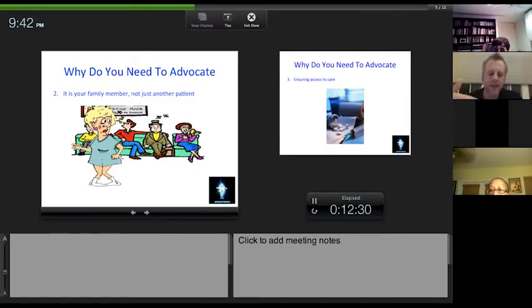Advocating as a caregiver is speaking up when necessary. It's making sure that, again, you're thinking about all of the different spokes on that bicycle wheel. It's not trying to create tension between yourself and the clinical team. It's trying to ensure that your loved one, your daughter, your child, your mother, your father, your wife, your cousin, your aunt, your uncle, your best friend gets the care that they deserve. Again, if you're not advocating for them, who is?